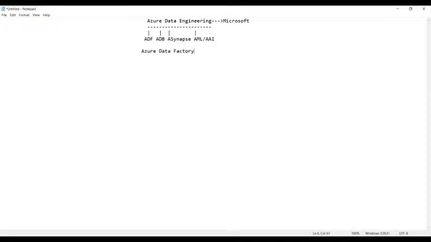Azure Data Factory is a service provided by Microsoft to perform the job of ETL